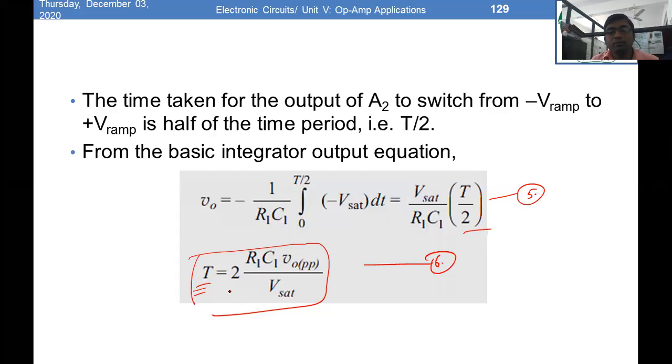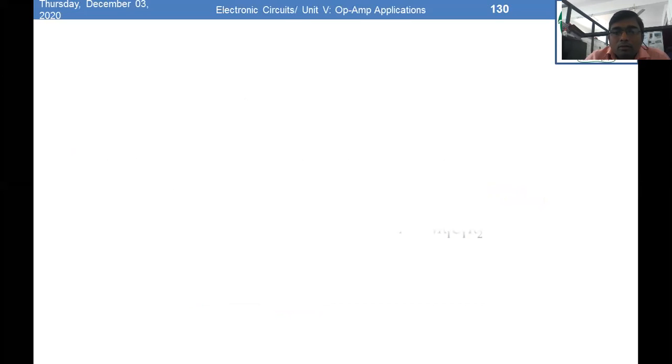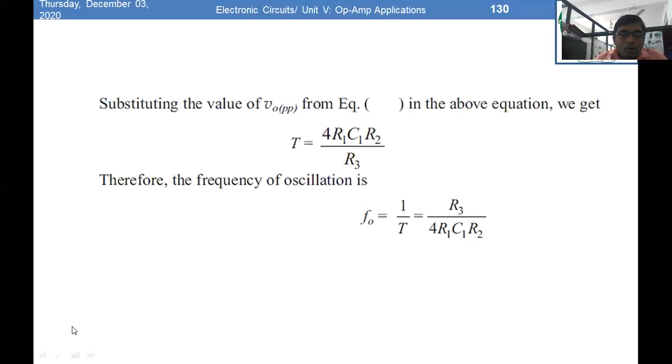Through this relationship, you can find out the value of the time period in terms of resistance R2. Substituting the value of output voltage peak to peak from equation number 4 in the above equation number 6,